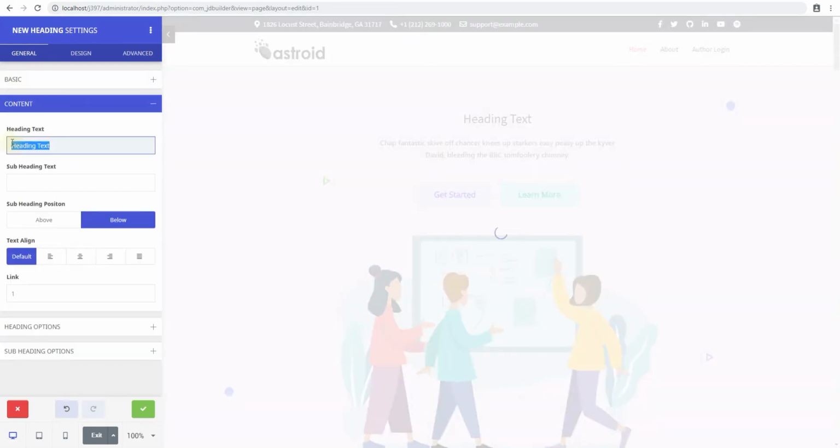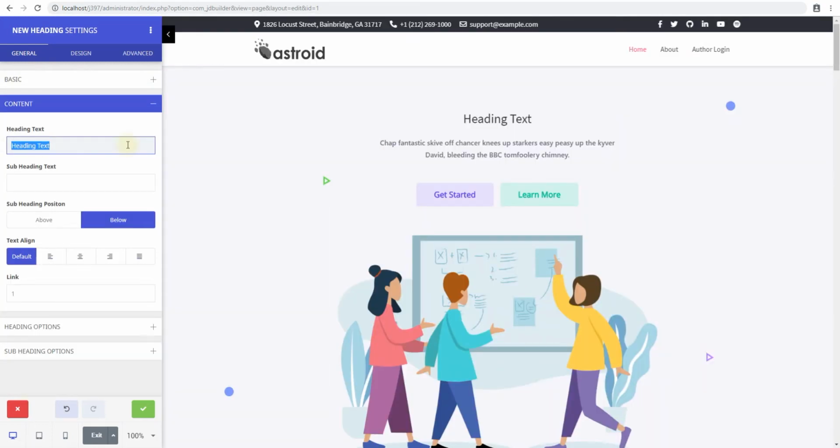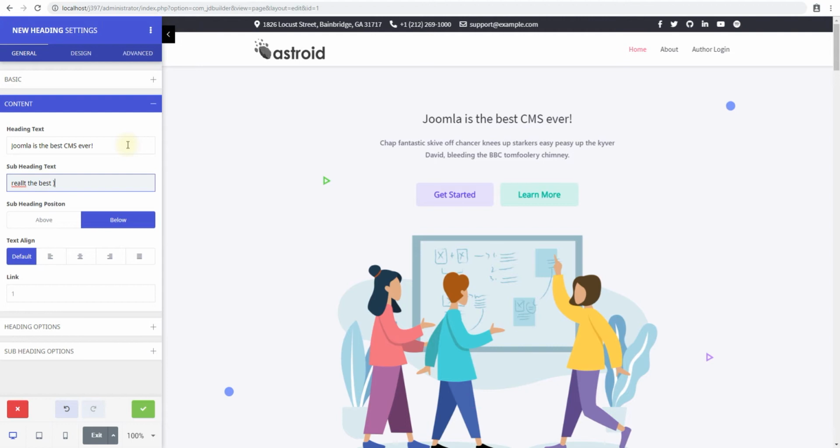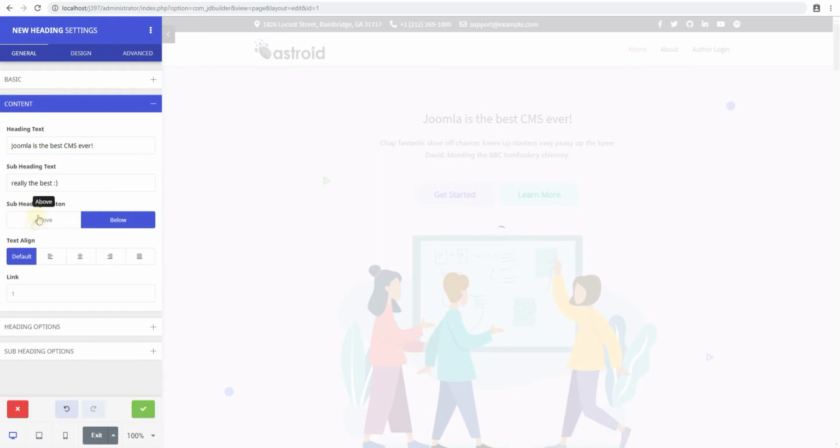In the content, by default, you have this heading. So we'll say Joomla is the best CMS ever. Really the best. All right. Now with the subheading, you can select whether you want the subheading to be above or below the